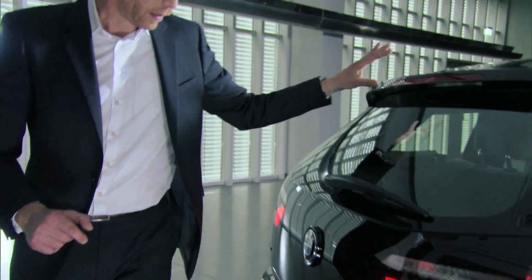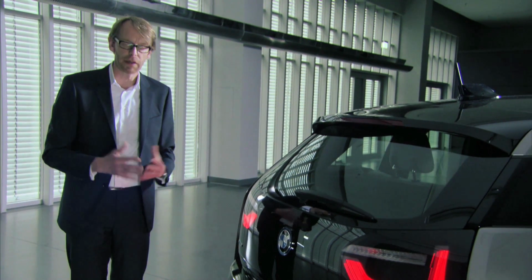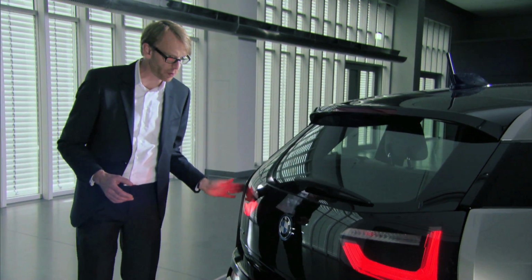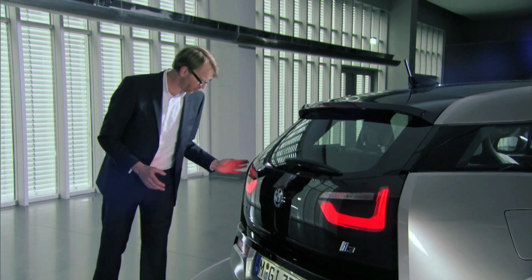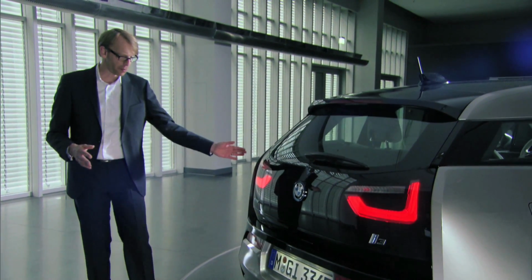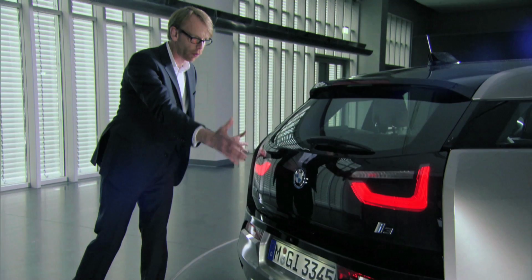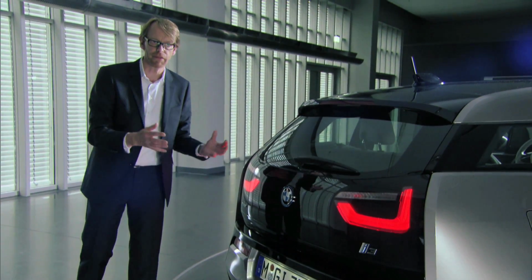that you find here. And again, something which was very important for the development of the i3, aerodynamics, which you find back in the rear spoiler, but also these edges, which are basically surrounding the car, and which will be helping to, again, reduce the drag coefficient, very important. And you find it back also here on the bottom of the car through the rear diffuser. So basically the whole four edges of the car are very sharp and help, again, the idea of efficiency and